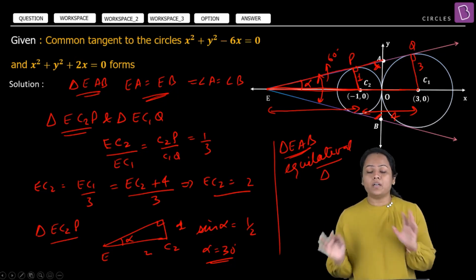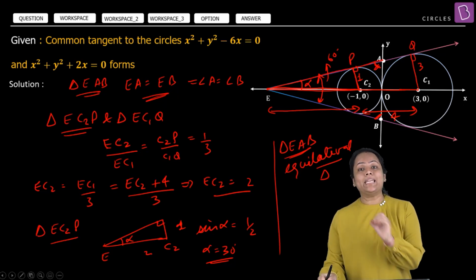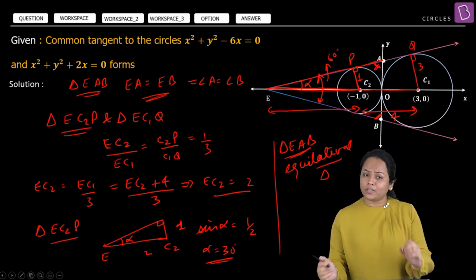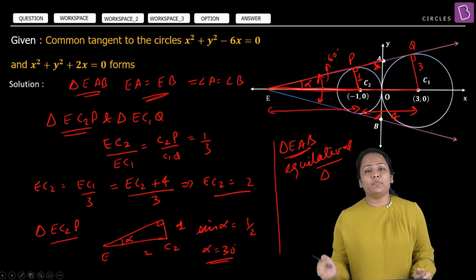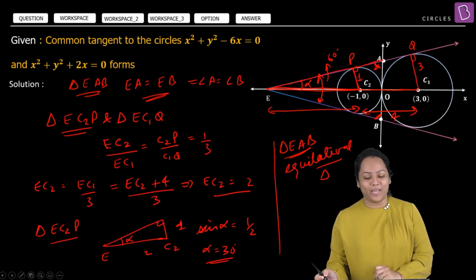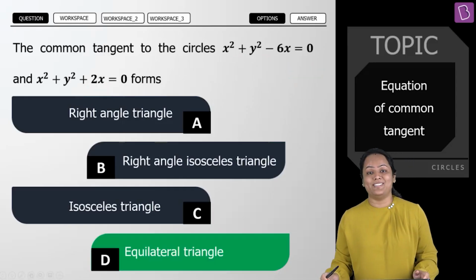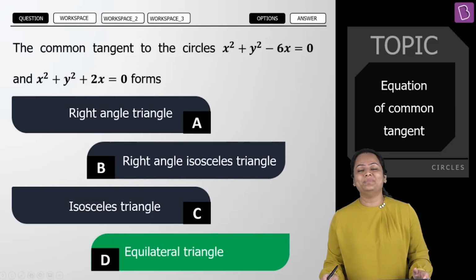And always remember, most of the questions in coordinate geometry can be done by applying geometry. Yes, you have to just plot the figure and you will definitely figure out some formula or other, and you can do the question in a very simple way. So if we see the options here, we can say that D will be the right answer. Understood? Very well.